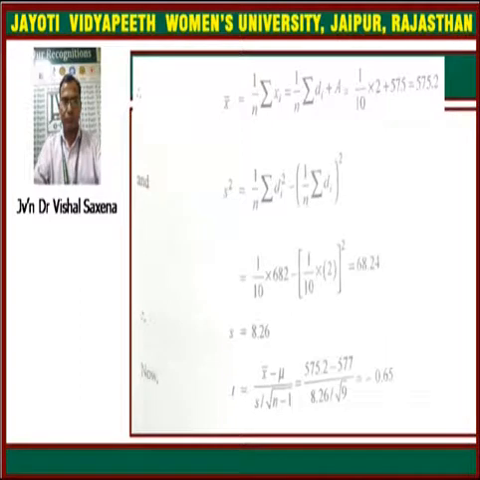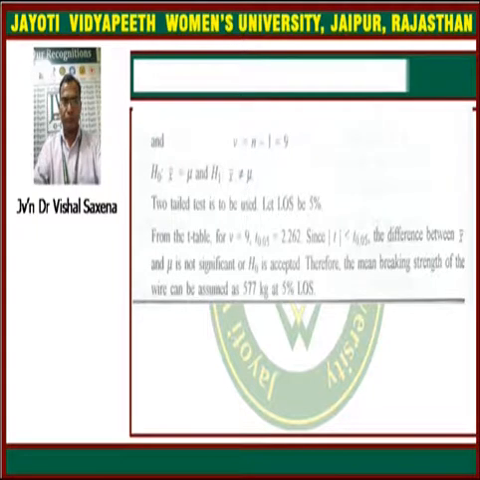Now we have to find the value of the t statistic. The t statistic is given by x bar minus mu upon S under root n minus 1. Here x bar is the sample mean, which is obtained as 575.2, minus mu, the population mean 577, upon S, which is 8.26, and then under root of n minus 1, that is 9. So t is obtained here as minus 0.65,